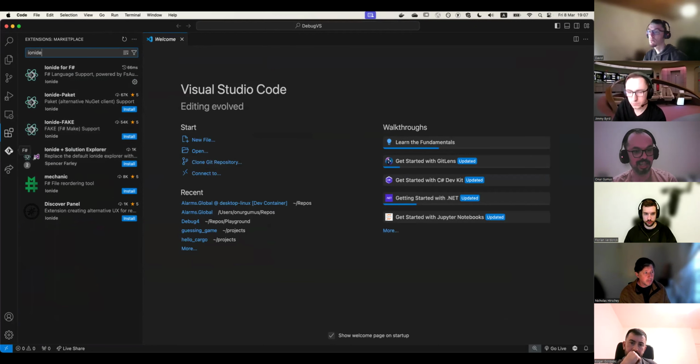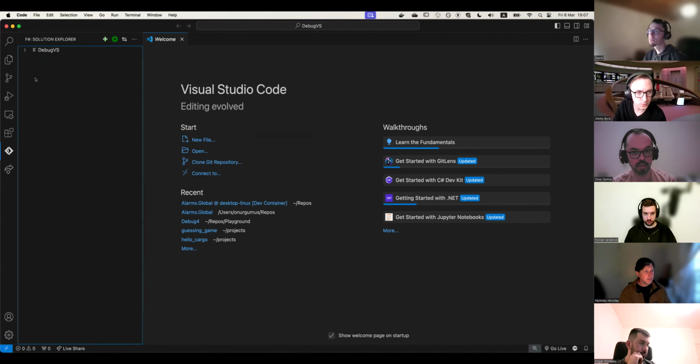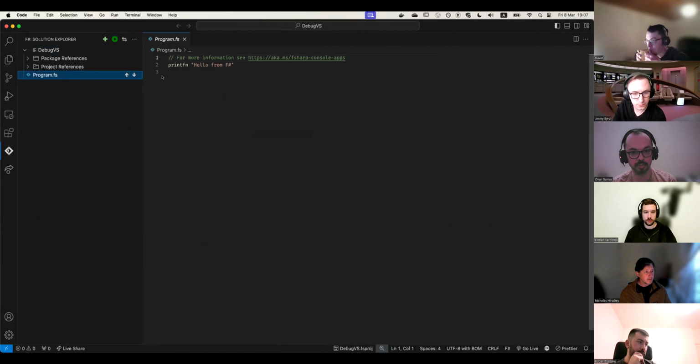By default, Ionide detects if there's any F# project or file in the current working directory, then you should see this icon available. And once I go there, you just see the project layout as here, and you can see that there's only one liner. In earlier times, to get started in debugging, it was just enough to click this button, and that would just work out. However, recently, for some reason, it doesn't work as nicely for me. Perhaps you may have a different experience, but let's just see what happens.